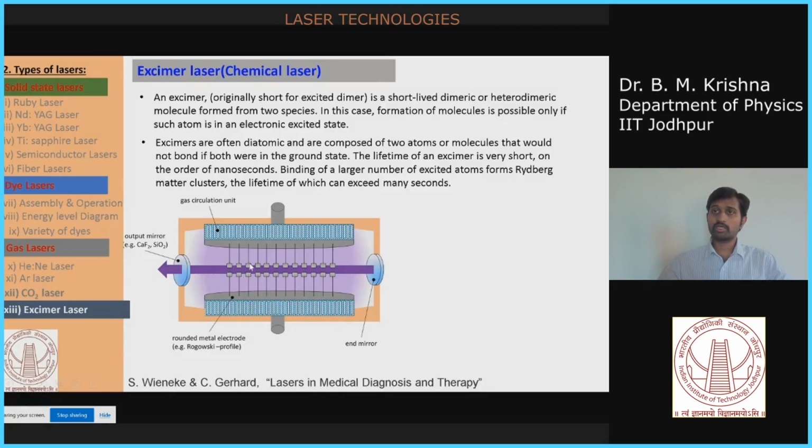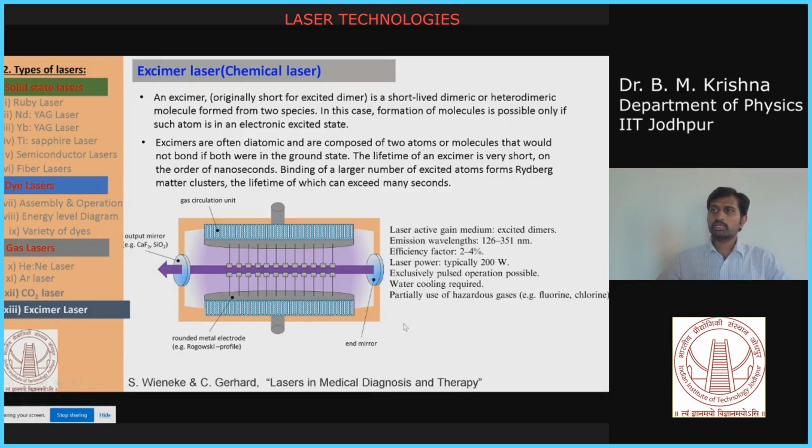So this kind of arrangement gives you more efficient chemical reactions. See, if you send only one inlet, the uniformity of reactions will be different, so your lasing action will be difficult to achieve. So in this method you create different outlets of your gas molecules so that you have uniform interactions, and the chemical reactions will take place. So this is the optimized method for having an Excimer laser,